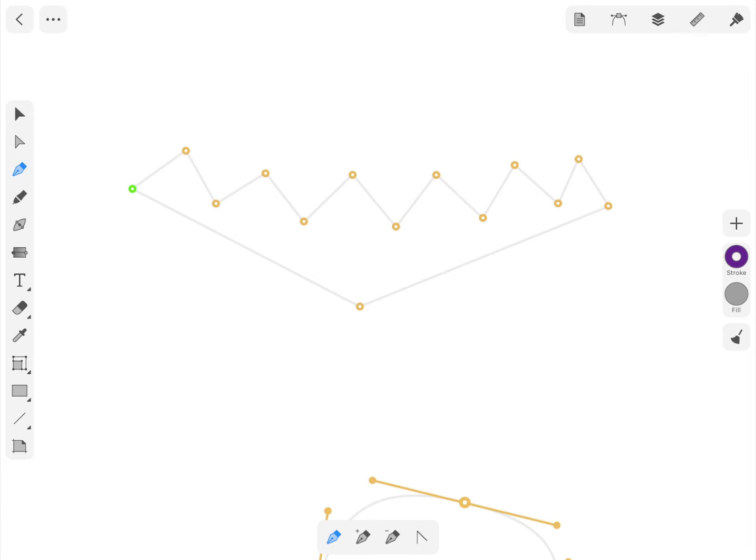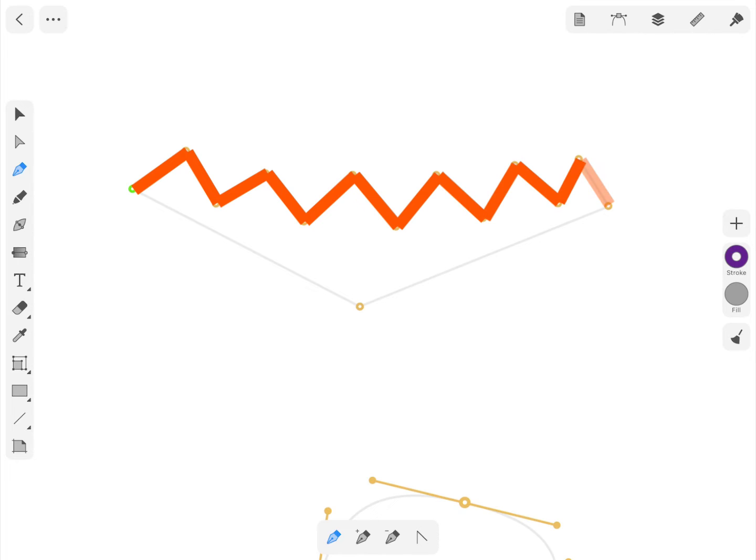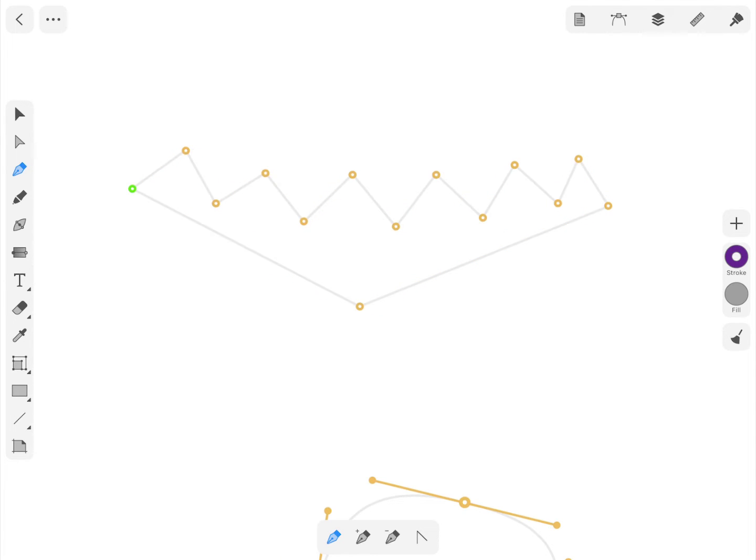The path consists of straight segments, and it's quite easy to reproduce them. What we do now is tap on the canvas to create the first point. We marked it in green. Then tap again in the new position to create another point. If you made a mistake and added a point to a wrong position, roll back by choosing Undo from the menu, or simply tap with 2 fingers somewhere on the screen.